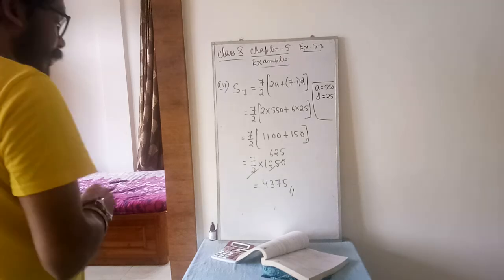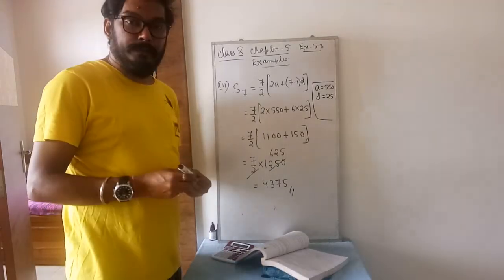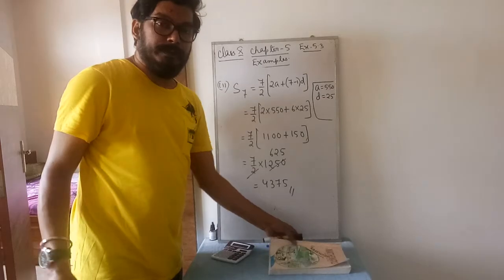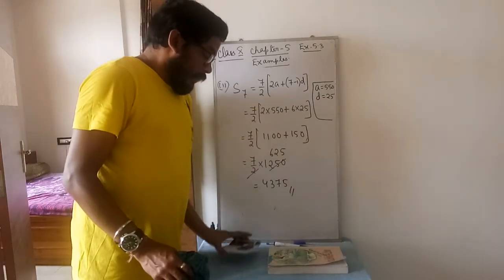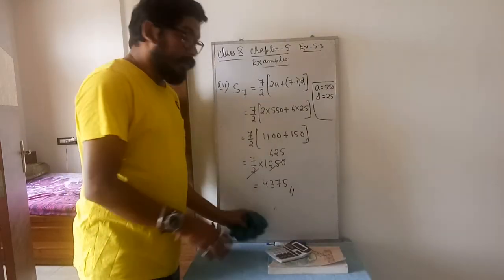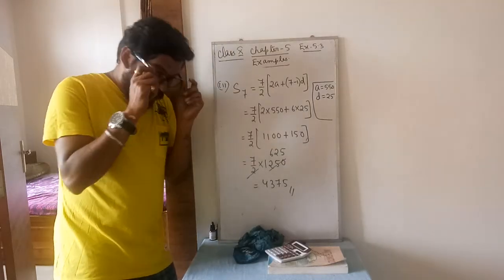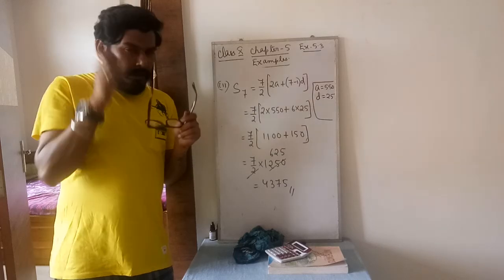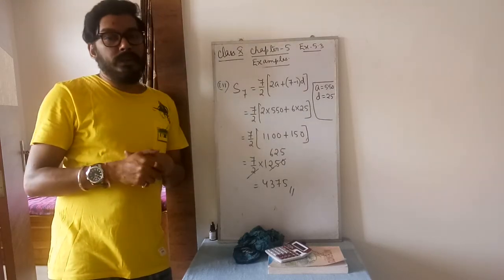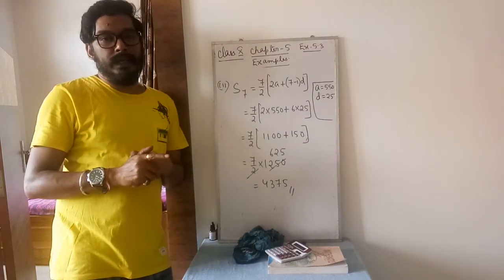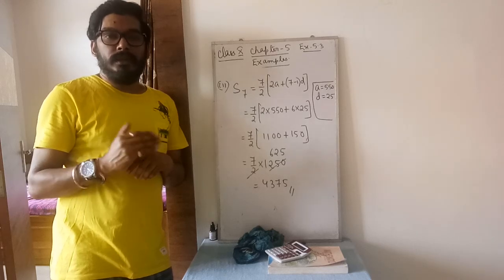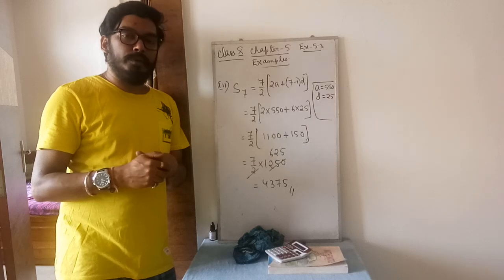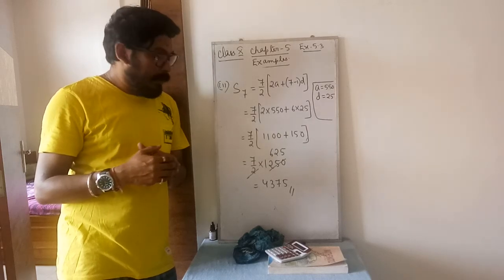So this is all about the examples of exercise 5.3. Next session we will discuss some examples of exercise 5.2. Then we will start chapter 9. I have said in the previous session also, we have finished chapter 1, then chapters 2, 3, 4, 5, and 7 and 8 are half done. We will continue with this, but next session we will go for chapter 9. For today this much only.